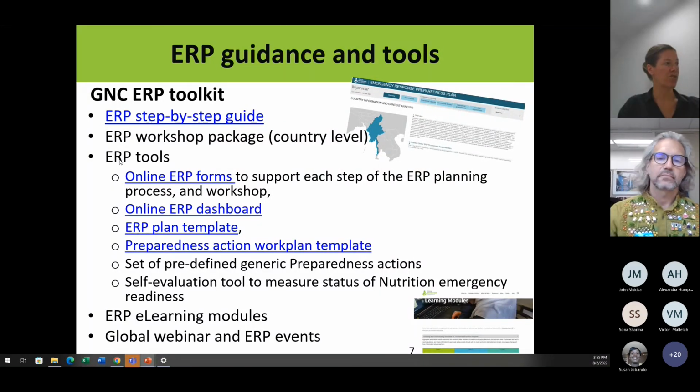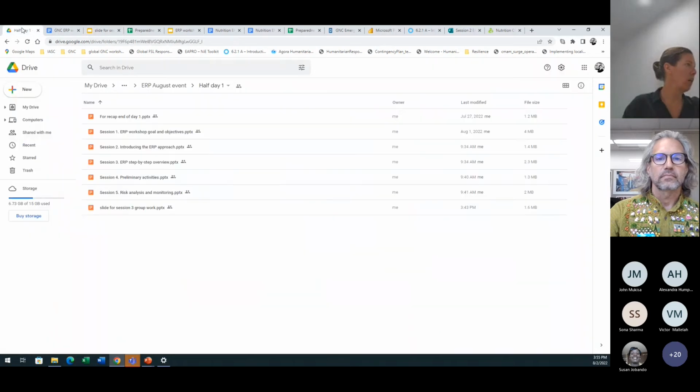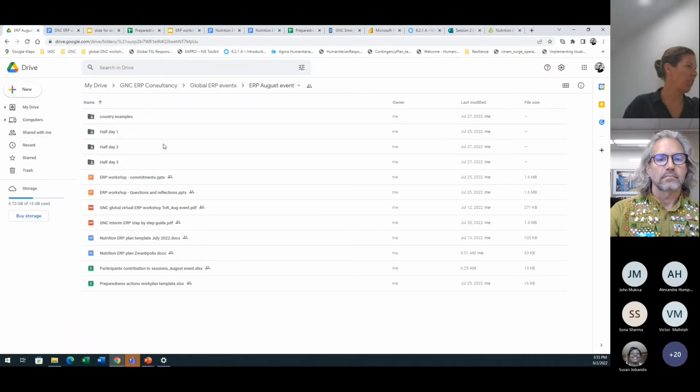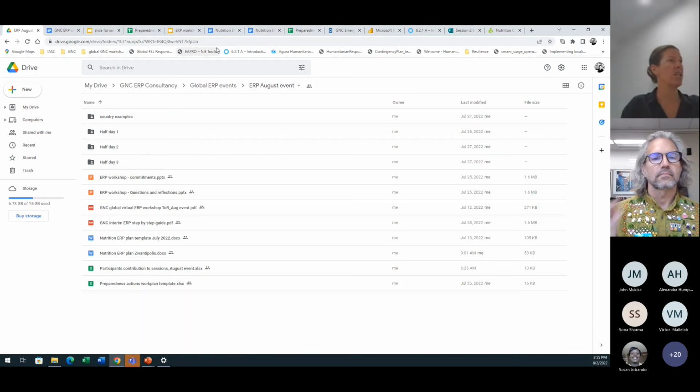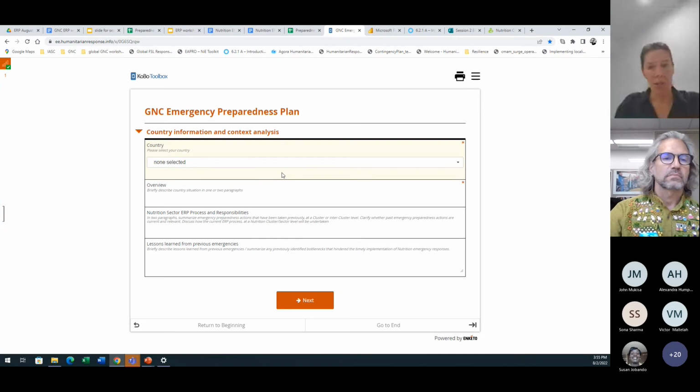You also have a bunch of tools to support each step of the planning process. So let me show some of those tools. Again, in the ERP folder here, you see a bunch of materials, and you have, for instance, links to the online forms. The online forms have been developed together with our IM specialists, Magnat and Shabib, and mirror exactly